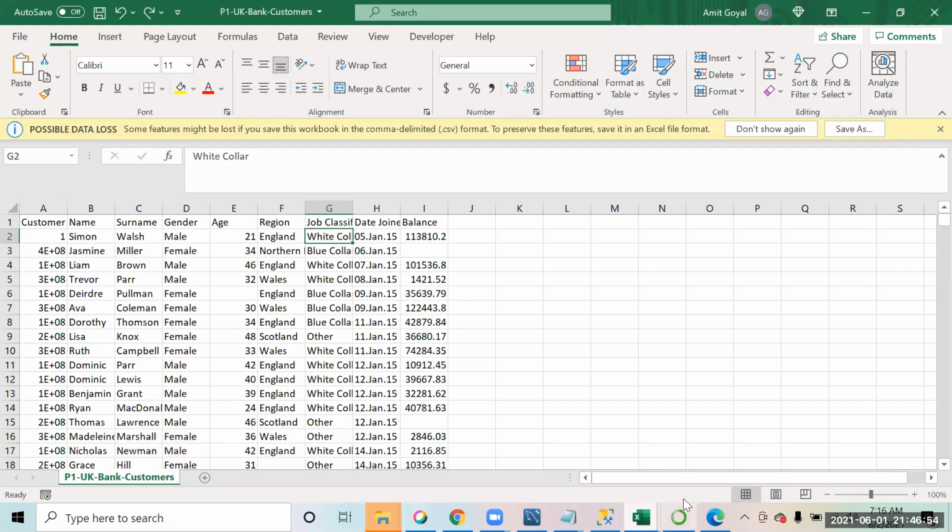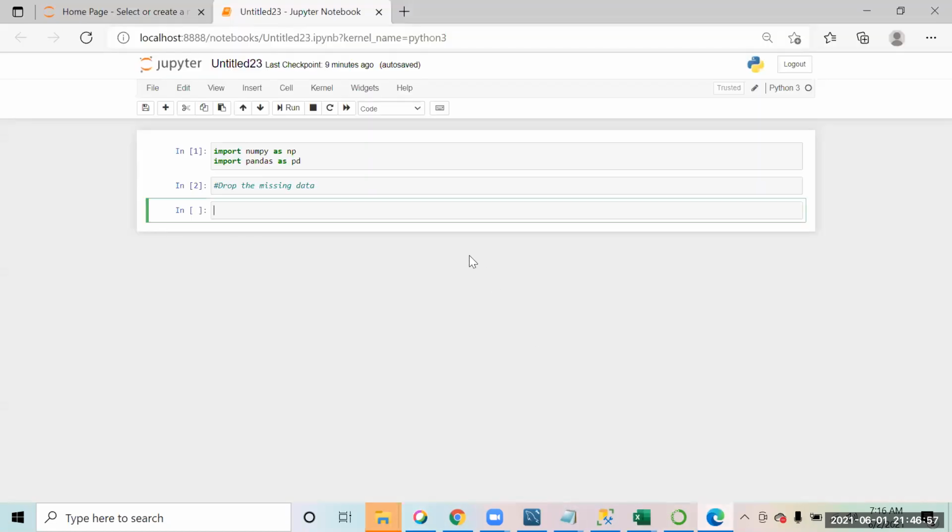Now, although we are not going to jump into the treatment here, I'm just going to tell you a couple of ways to find and remove missing values in Python using the pandas library. First of all, I'll make a small data frame to understand this. I make df equal to pd.DataFrame. Please all make this with me, I'll also share this code. Let's make it with the help of a dictionary.